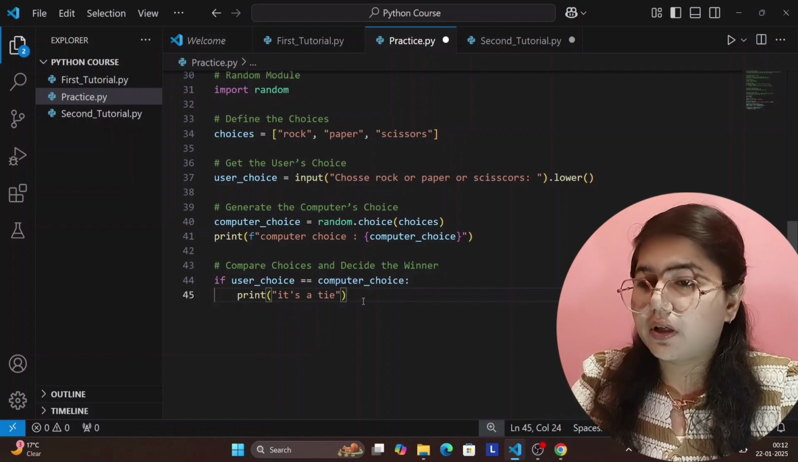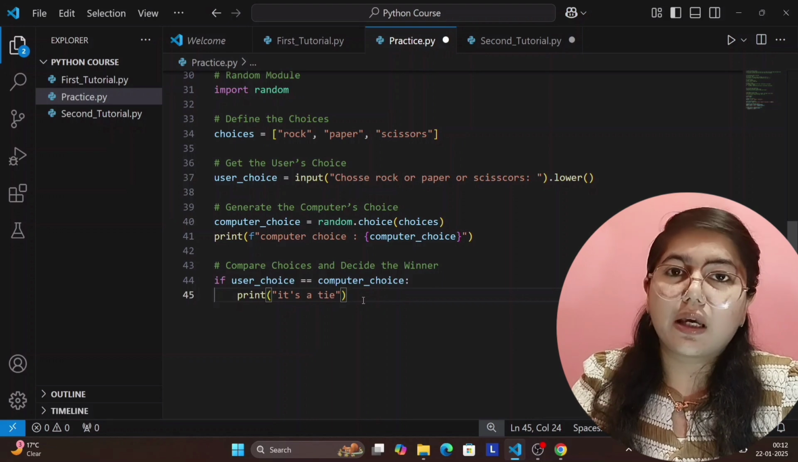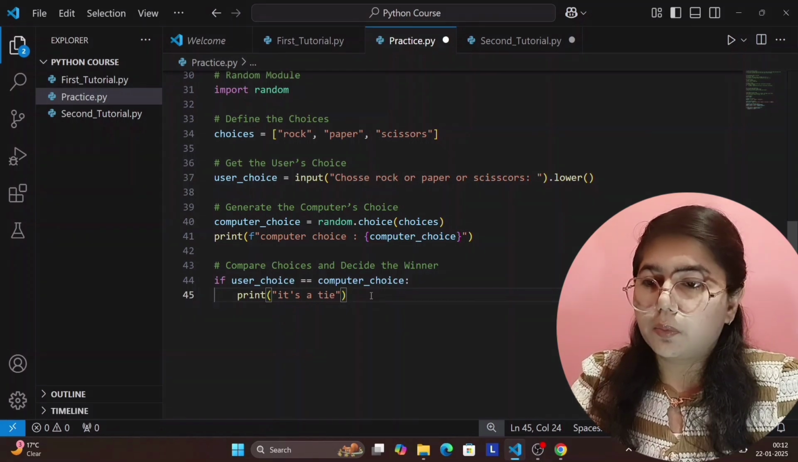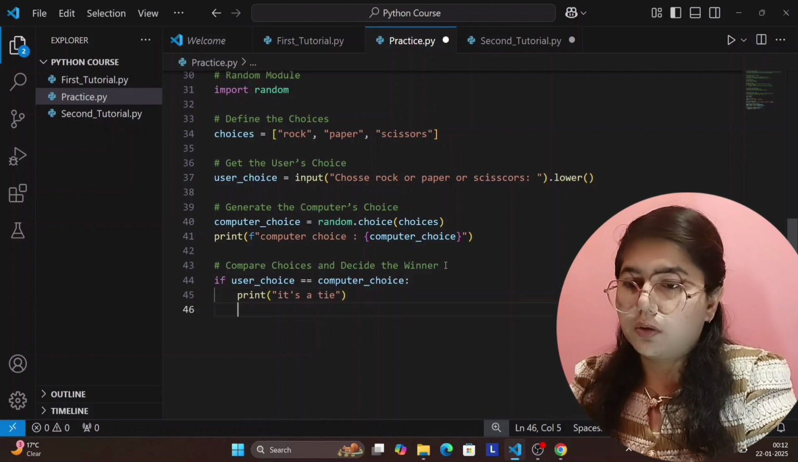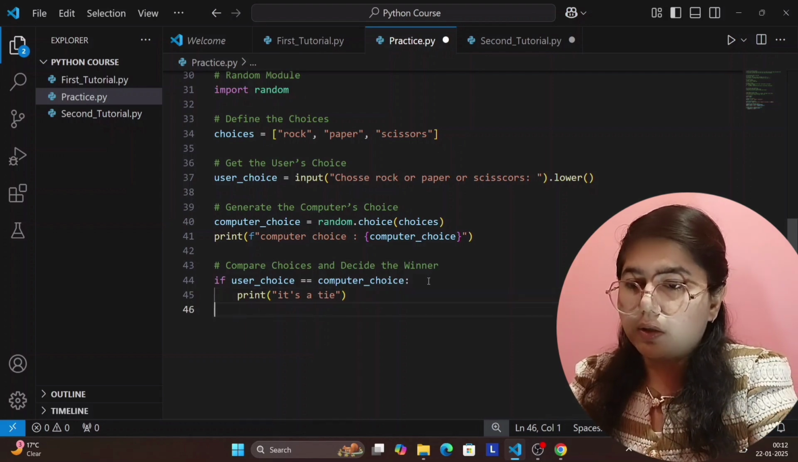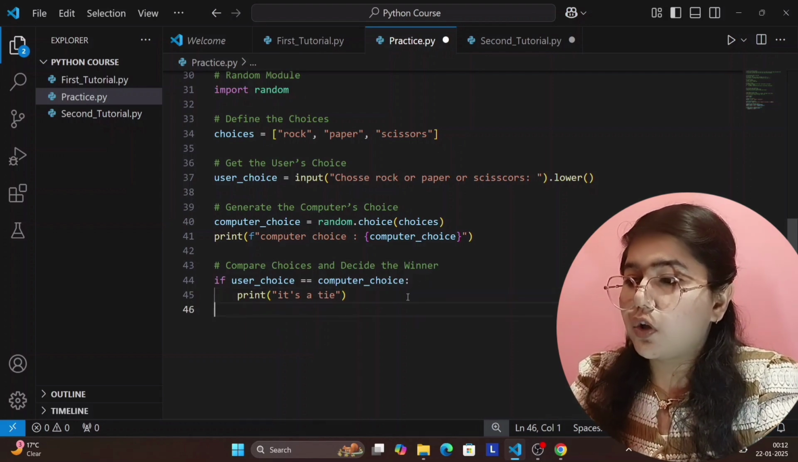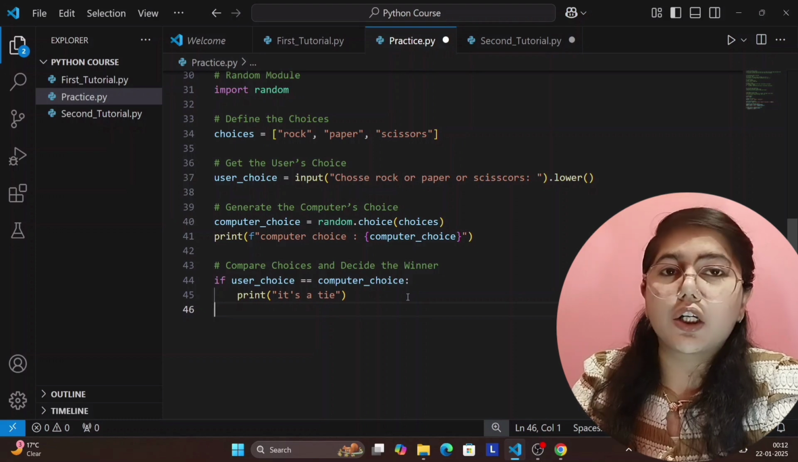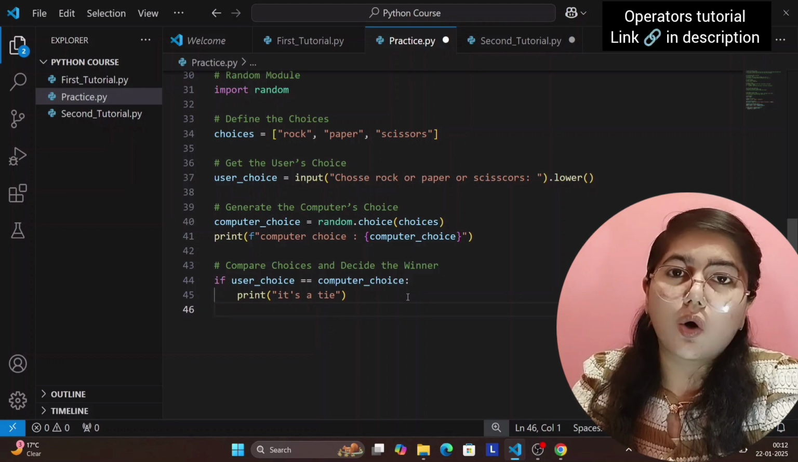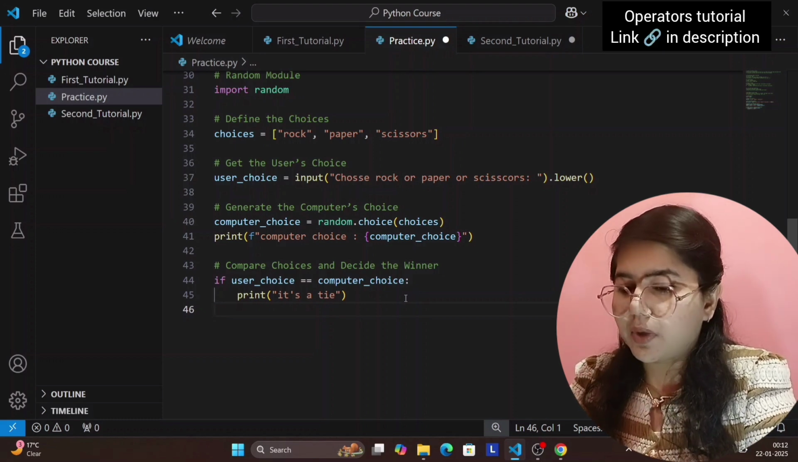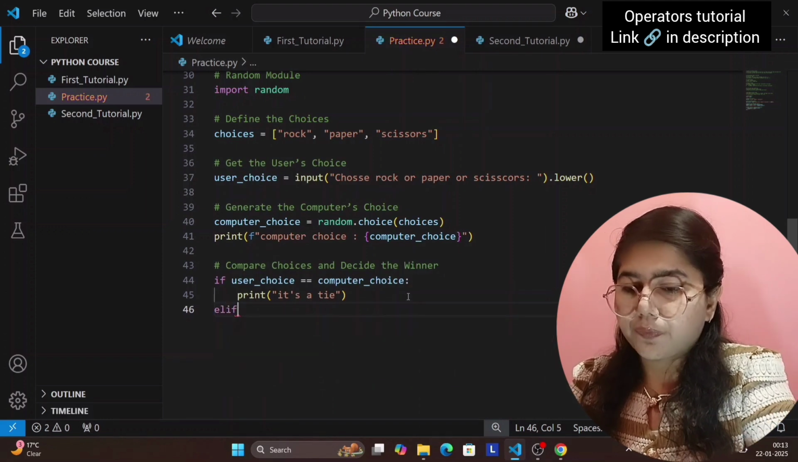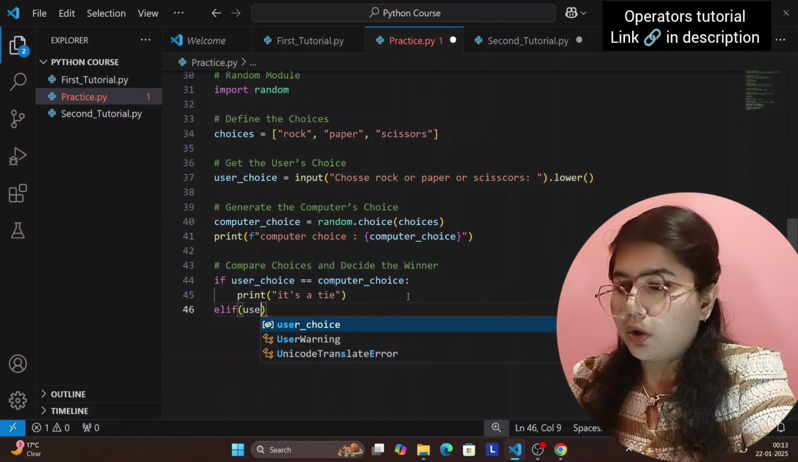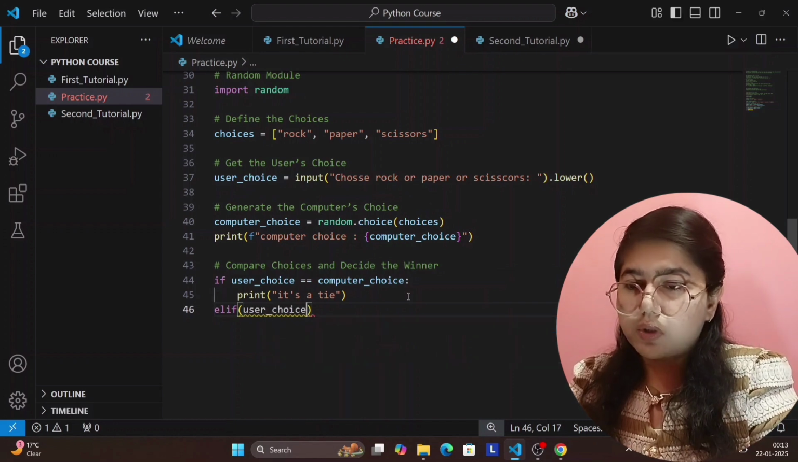We have written if. Now we will use elif, and then the else condition. So what will come in else if? For that I am writing, if the user wins, we will check the winning condition using the or operator. So for that I am writing elif, for that user dash choice